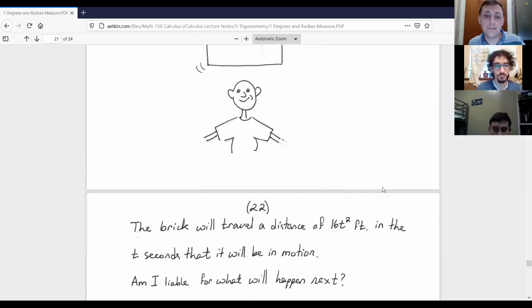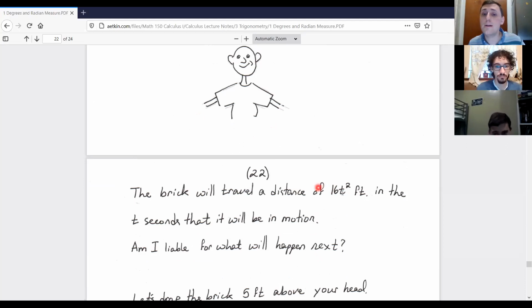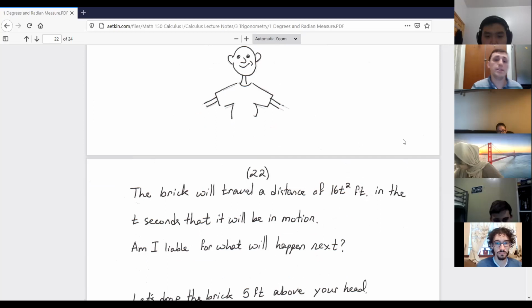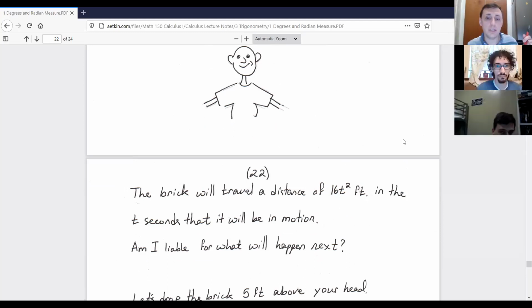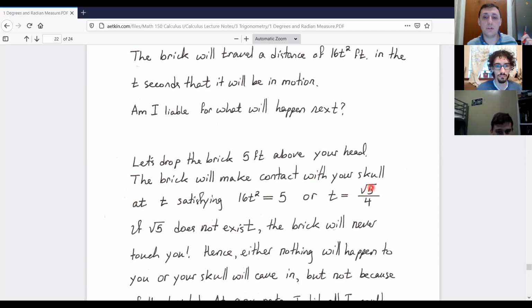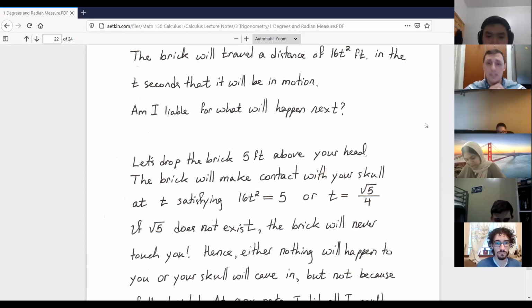Because look at it, guys. If root 5 does not exist, and the traveling of the brick in free fall is 16t squared, the brick makes contact with your head precisely at the moment when 16t squared equals 5. You follow? 16t squared has to equal 5, which means that t has to equal root 5 over 4. Now, if root 5 is not an existing quantity, that means that there is no moment of time where the brick makes contact with your head, which means either nothing will happen to you when the brick is dropped,